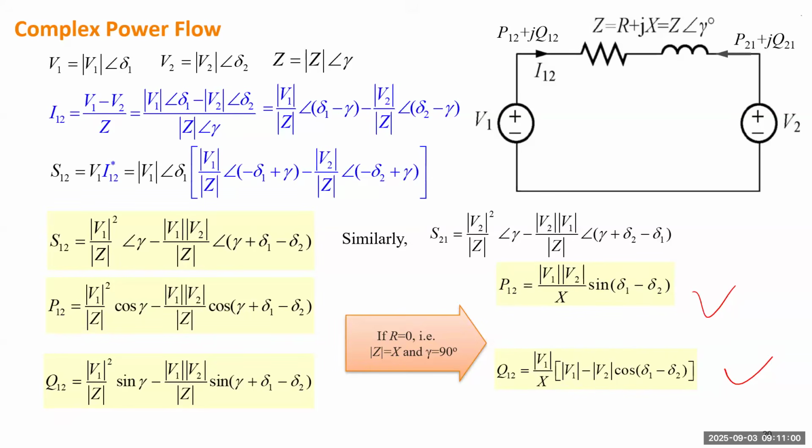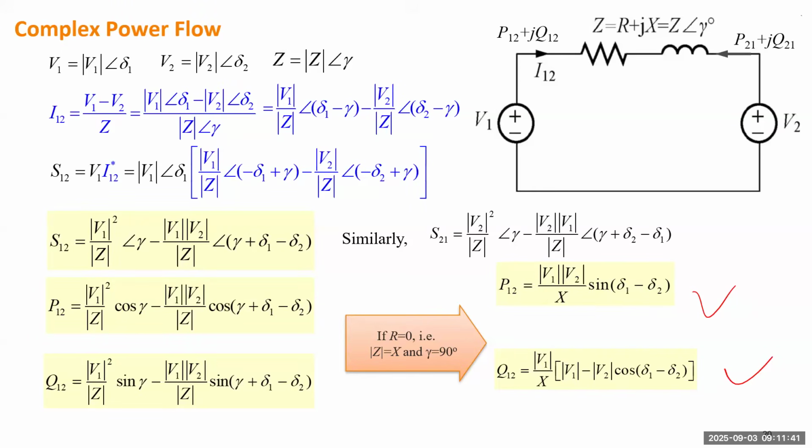And for the reactive power, typically the delta can be small. In most real systems, the delta will be less than 15 degrees, if you compare the angles across each transmission line. So mainly this part will be pretty close to 1 because this angle can be very small. Then which magnitude is higher will determine the direction of reactive power flow. So active power flow is coming from the high angle to the lower angle, and the reactive power flow is coming from high voltage to low voltage.